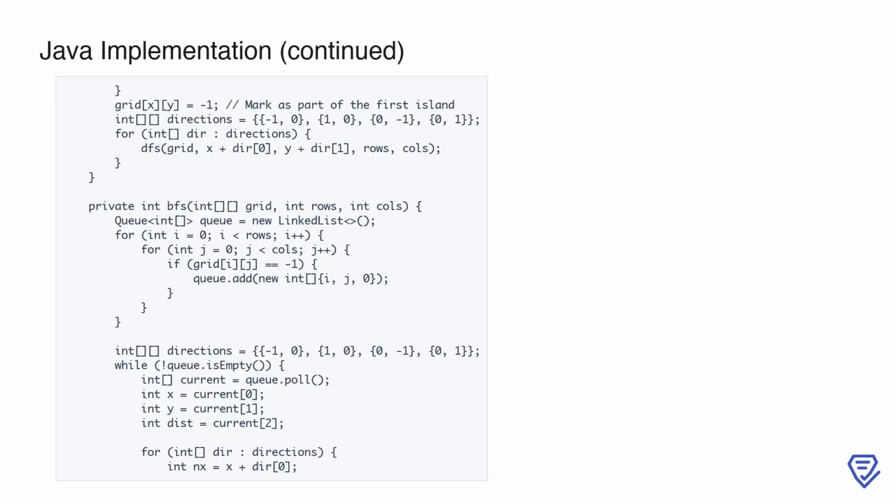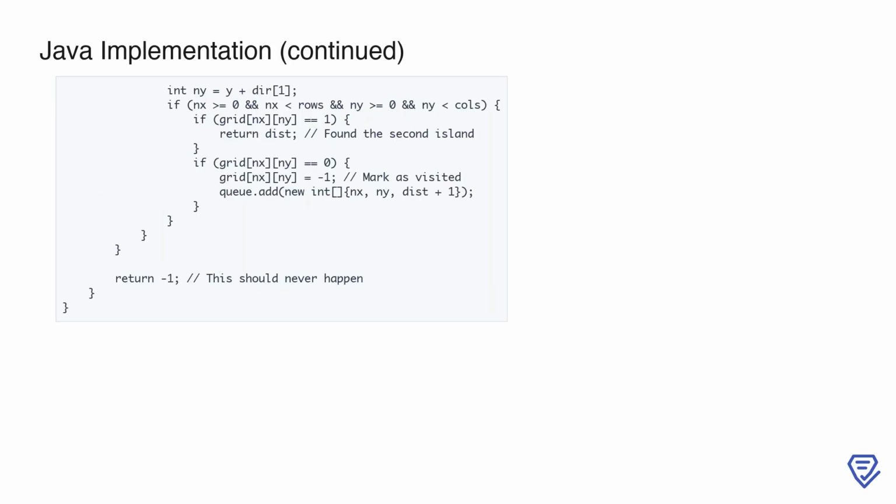After marking the first island, we move to the BFS method, which is responsible for finding the shortest bridge. The BFS method uses a queue to perform a breadth-first search. First, we initialize the queue by adding all cells that belong to the first island, which are marked with -1. Each cell in the queue is represented as an array containing its coordinates and the distance traveled so far. From there, we define the same 4 possible directions for movement up, down, left, and right and start processing the